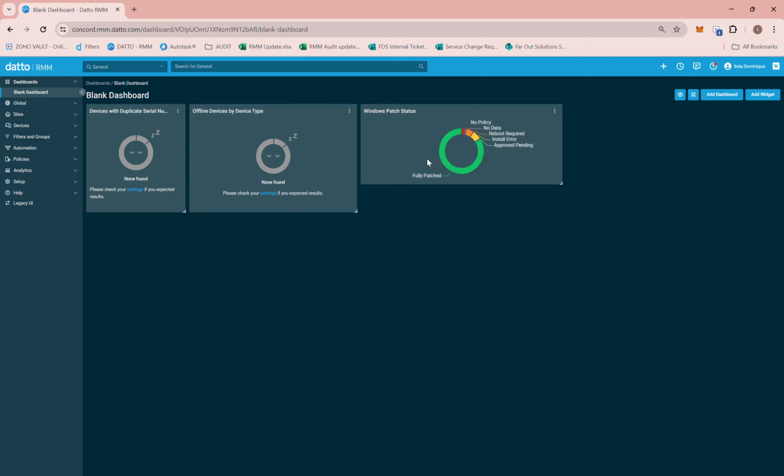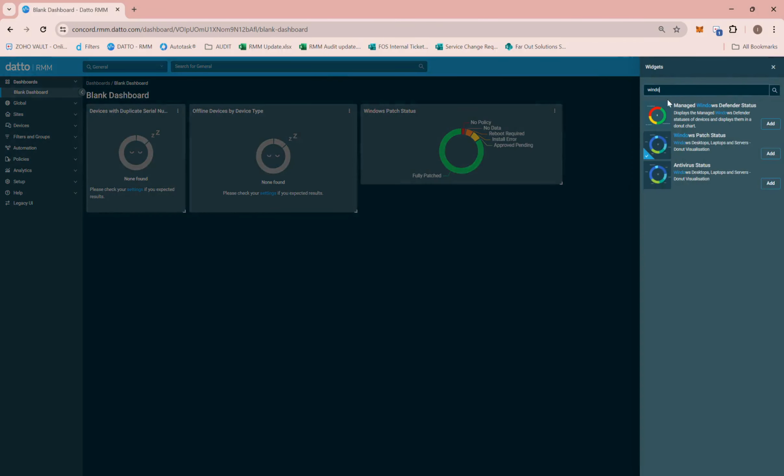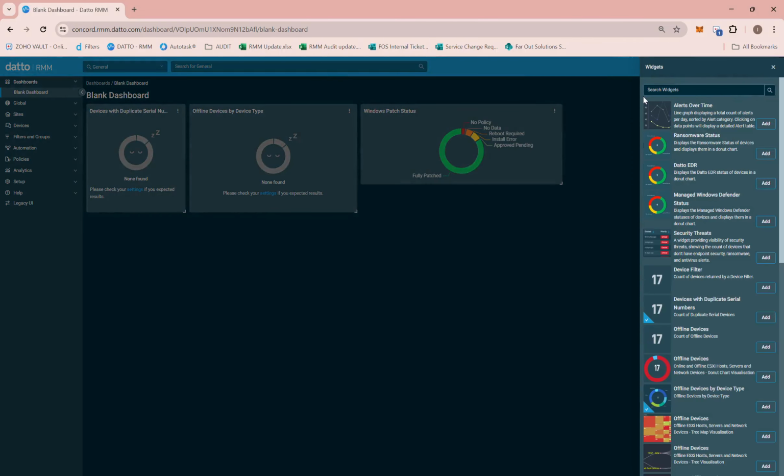Next is alerts overview. This widget displays a summary of all alerts in your network. It allows you to track recurring issues and prioritize responses based on severity. Again, just click add widget. Then for the alerts, to be honest, there are a lot of alerts in this widget, so you need to be specific about what kind of alerts you want to see on your blank dashboard.